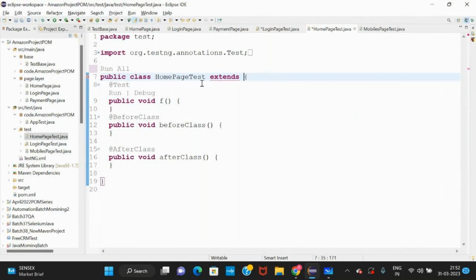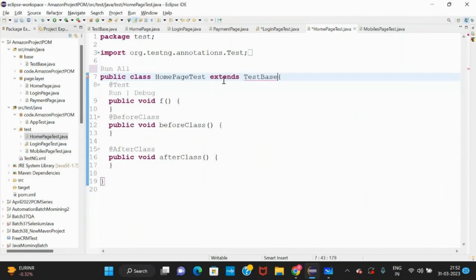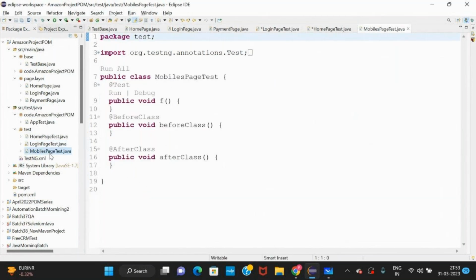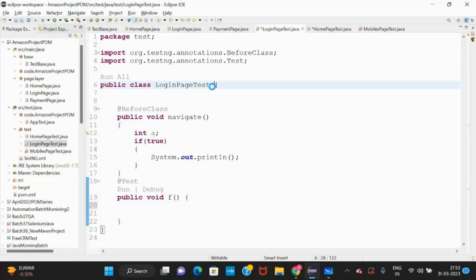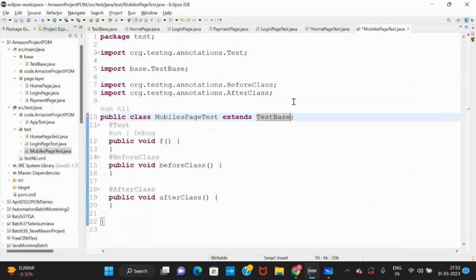Do not keep any confusion, just copy. So now I'll copy this entire extends TestBase and paste to login page and mobiles page. Is it needed or not? Yes, it is needed. Login page also needs it. Then import TestBase, save, go to this, import here also, save.